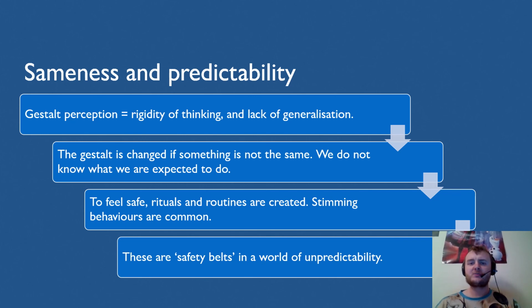And while neurotypicals may not see this behavior as necessary, for us, this is one act of meaningful experience, and if any part of it at all is missing, the whole thing becomes unfamiliar and frightening, and therefore the autistic person has to start right from the beginning of the ritual or routine again. In short, these are our safety belts in a roller coaster that we have no real control of.